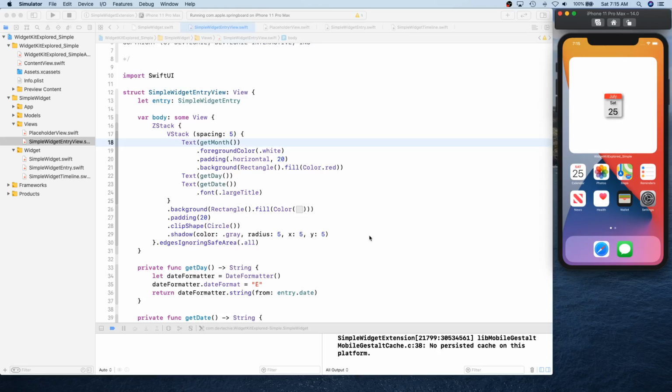So in the next video, we're going to create another widget and explore a bit more about WidgetKit. We are going to try to create a weather widget, and in the weather widget we are going to call different external APIs, and you're going to see how you can make networking calls in that widget to download data and display it on your widget, and how it can refresh automatically based on different times that you can provide. You can schedule those updates and stuff like that as well. Okay, so that's going to be coming up next.